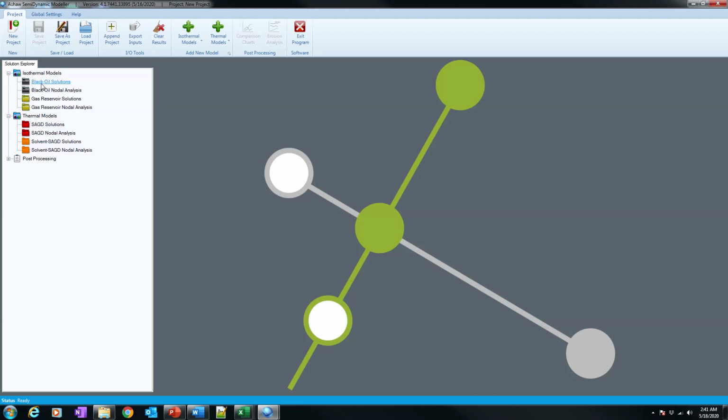Black oil is conventional black oil, so it models gas coning, every aspect of black oil. Gas reservoir models hydrofracturing, proppant transport, everything related to the gas reservoir. It can be shale gas, tight oil, tight gas, everything related to that, like gas condensate, liquid holdup, everything is modeled here. For the thermal aspects, in this case we have a SAGD example that we're going to do right now, and